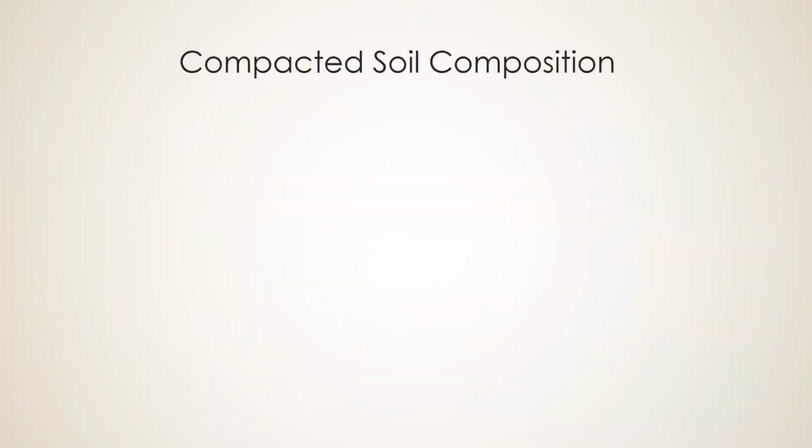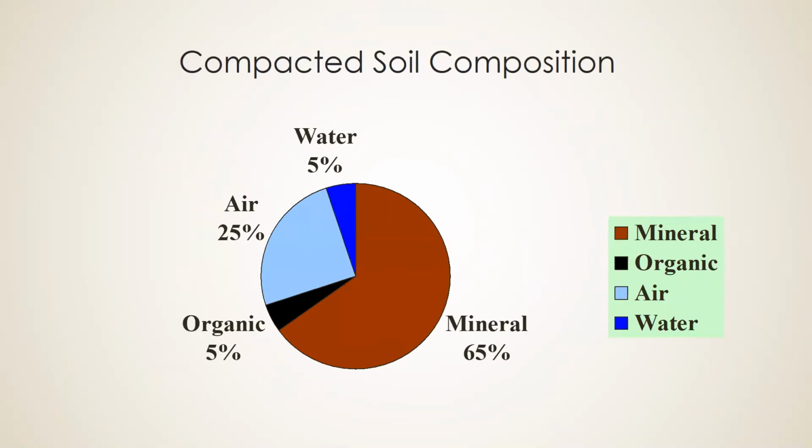And here we're going to take a look at an example of a not so ideal soil. This would be a compacted or degraded soil, like a heavy clay soil, which seems like the majority of the soils that we find in our home landscapes quite often. In this case, we have a higher content of minerals, and clay minerals specifically. Maybe we're still going to have that organic matter, but we have a lot less water capacity and about the same air capacity.